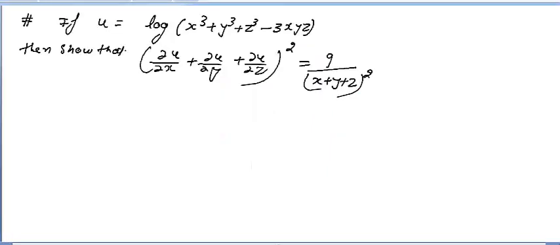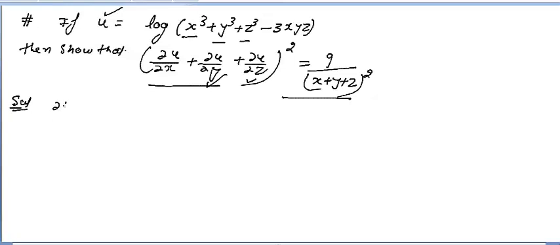So this is the first question that we are going to discuss today of partial derivative. As we know, we have discussed the definition of partial derivative in the last lecture, so you are very much aware. And the important thing in this question is the function u. It is depending on x, y and z, three variables. This is important. And you know that if you want to prove this is equal to this, you have to differentiate u with respect to x also, with respect to y also, with respect to z also, then you can prove this one. So let's start with the solution.